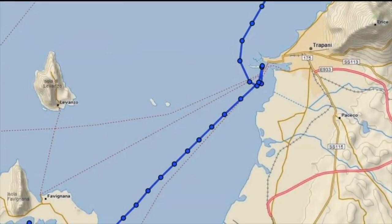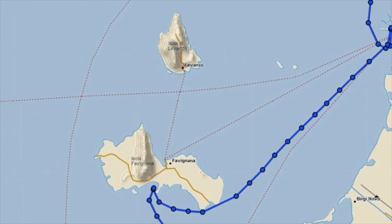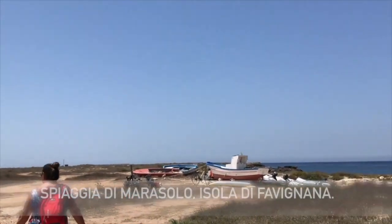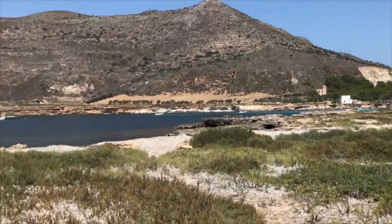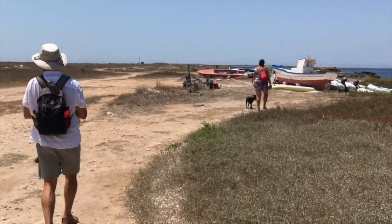After a couple of days, we continued, roughly due southwest, to Favignana. There was some strong winds coming in from the north, and we wanted to be somewhere that was really sheltered. The landing spot. Just walked into town. Poor old Southie. We found a tap and wetted the dogs down. They've had a paddle as well, but...